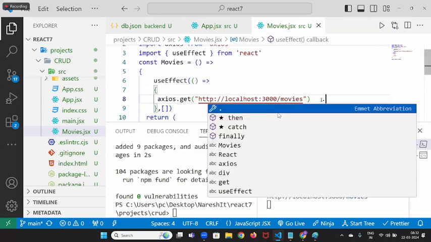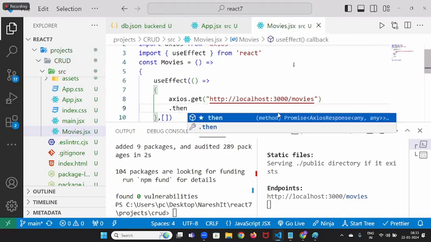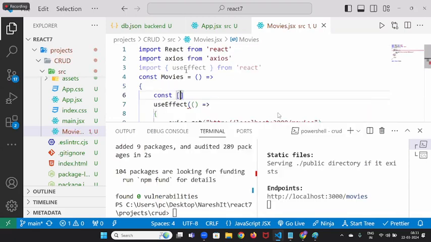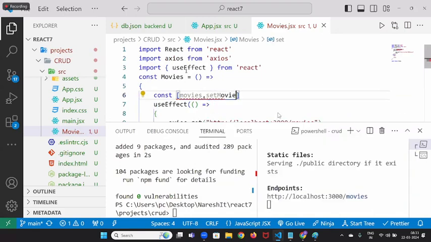Once you get the value, how do you deal with it? Then, const movies, setMovies equals